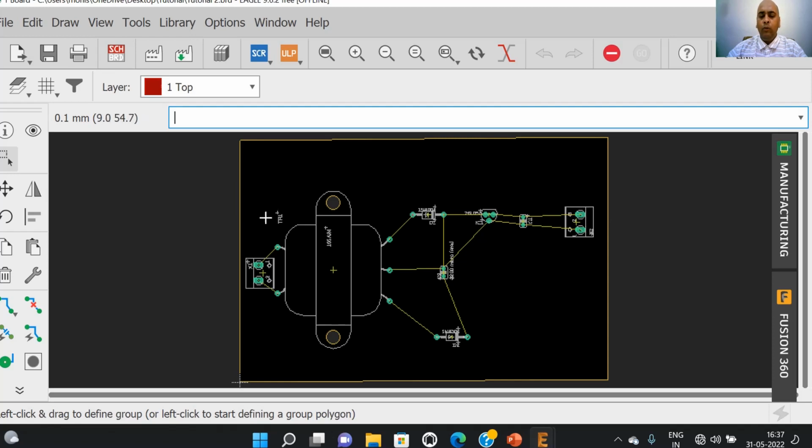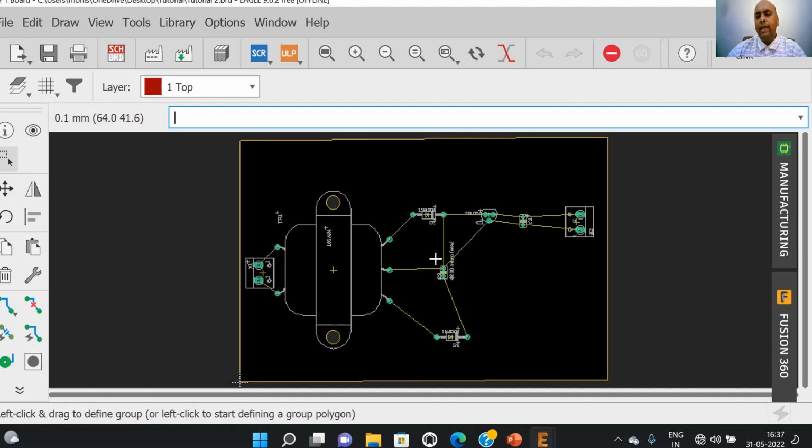So in order to save time, I have already adjusted the position of all the components on the board. Now the yellow wires here are known as air wires. They show the connection between various components as per the requirement of the circuit diagram.